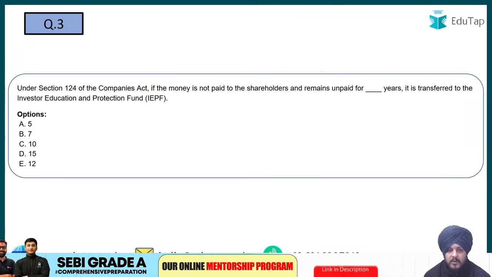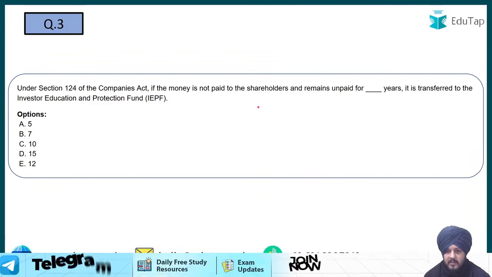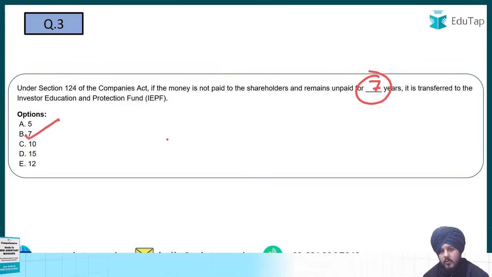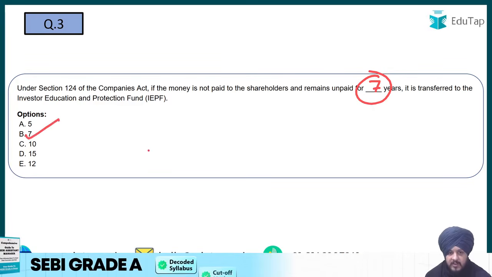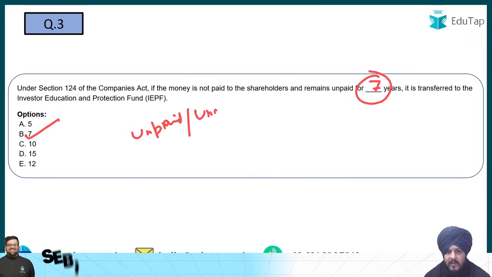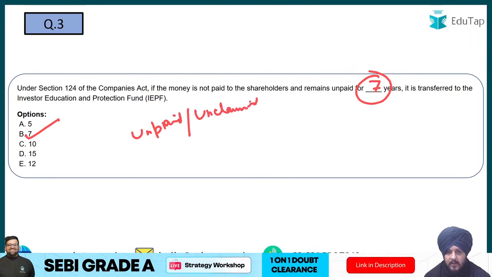Under section 124 of the Company Act, if the money is not paid to the shareholders and remains unpaid for dash years, it is transferred to the Investor Education and Protection Fund. So the correct answer to this question is going to be what? It is going to be 7 years. So B is going to be the correct answer, because when we talk about the Company Act, basically any dividend amount that remains unpaid. So if there is any dividend amount that is unpaid, or you can say unclaimed, right, for